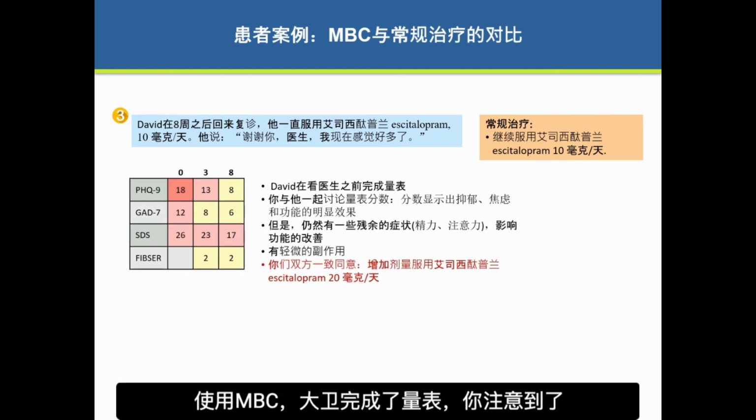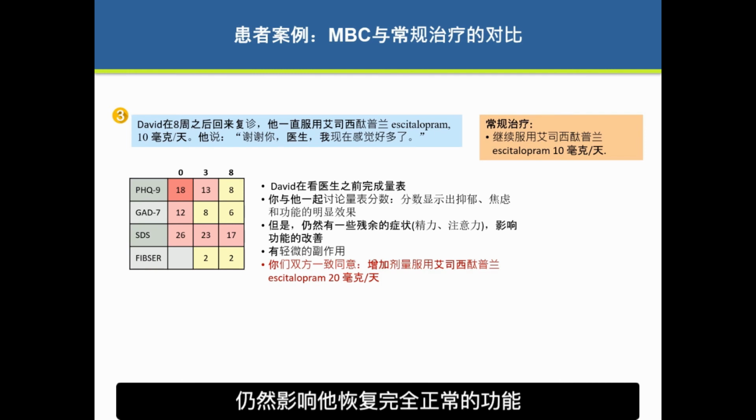Using measurement-based care, David completes the scales, and now you notice he's had clear response in improvement in depression, anxiety, and functioning over the past few weeks. However, you note that he's not yet in remission of symptoms. He still has residual symptoms, particularly problems with energy and concentration, that is still interfering with his